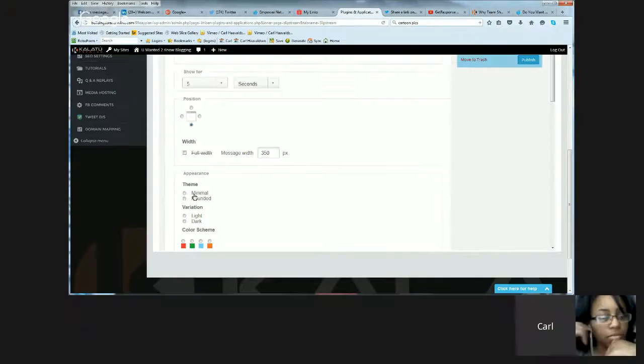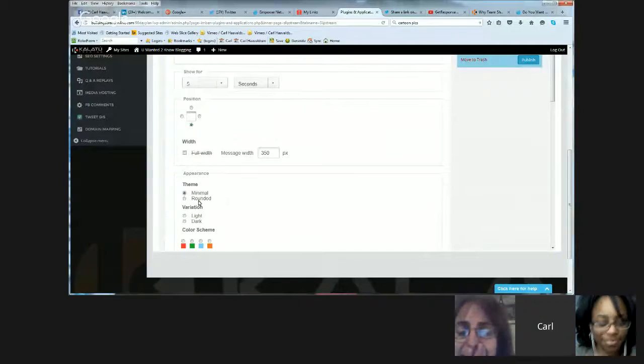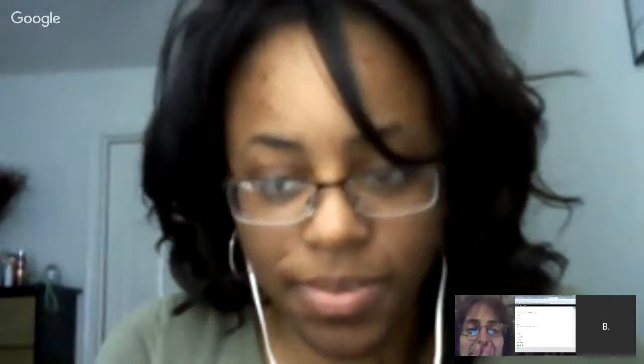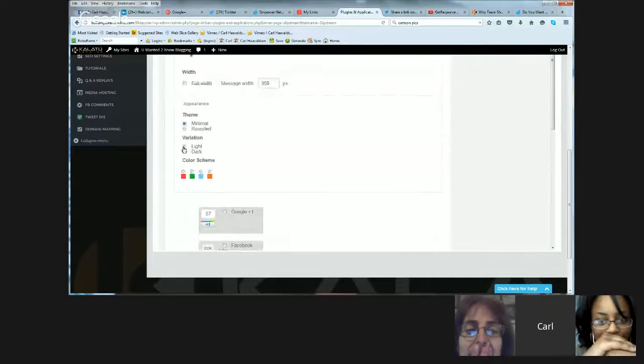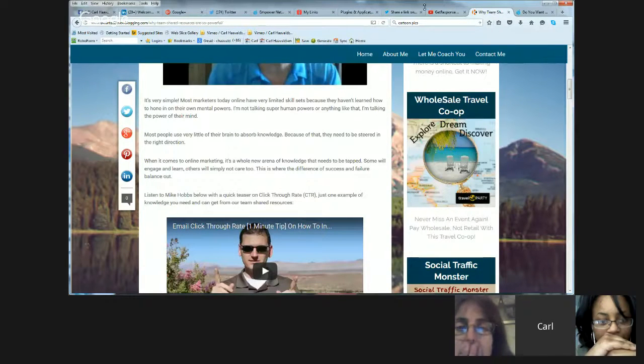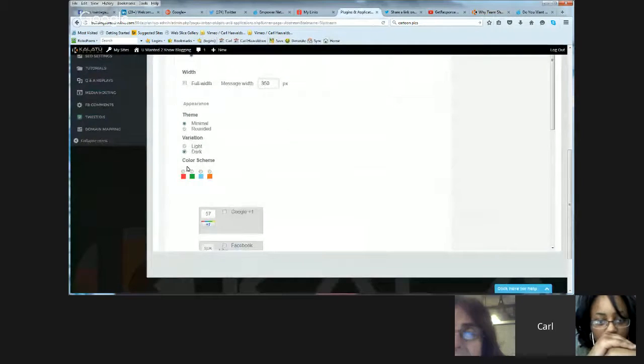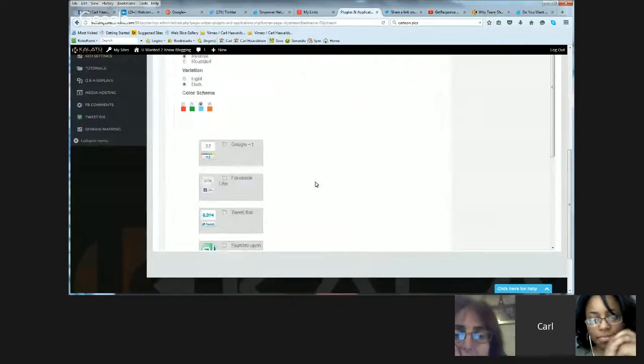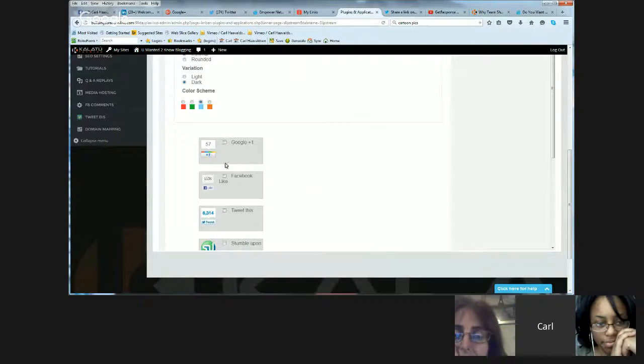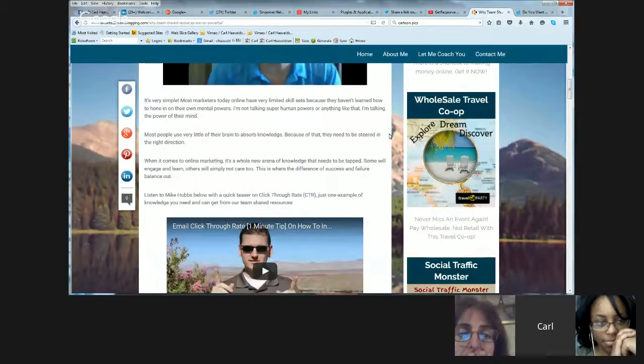Now, the other thing you can do is decide whether you want it to be minimal when it comes out, so you could do minimal right here or rounded, which means it'll be kind of rounded when it comes out. The dark or the light, I always leave it at the dark, and the color scheme depends on the color of your page. Mine has blue, so I leave everything at blue, so it comes out that way, and you can choose that. Then you always want to have these social media at the bottom so they can share it. So when you pop out,